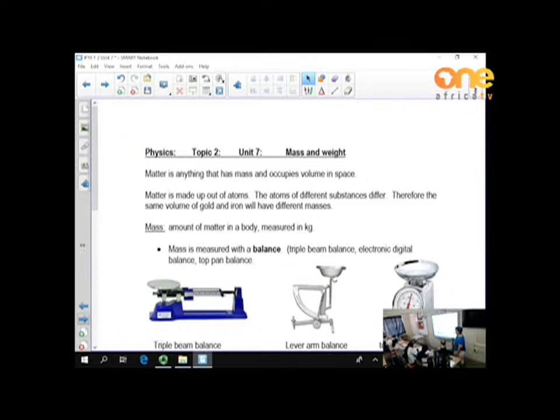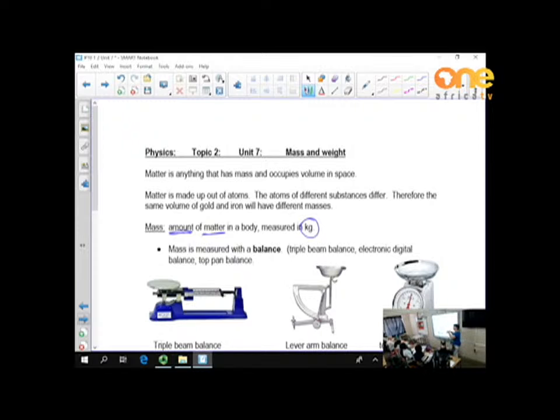And the heading is mass and weight. Now we've done this in grade 8. What is mass? Yes, mass is the amount of matter, and we usually measure it in